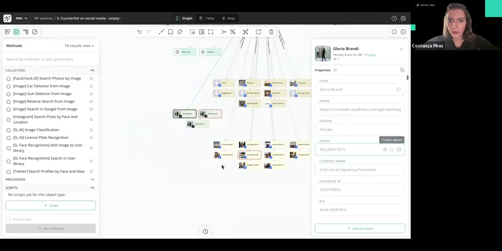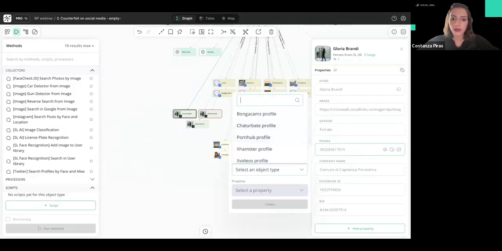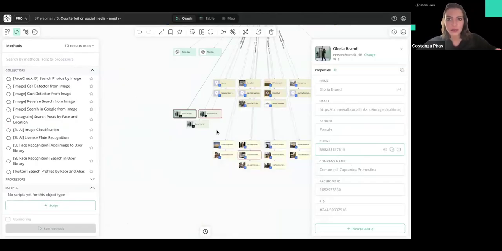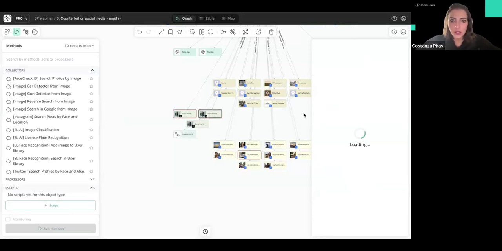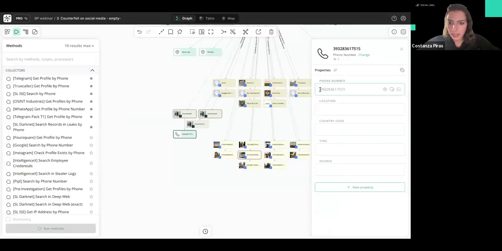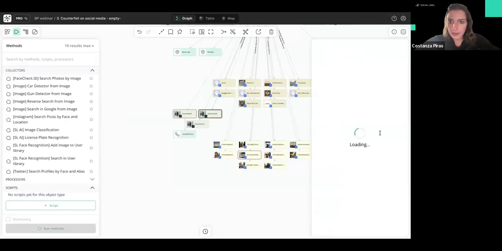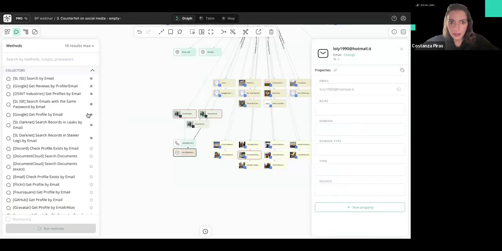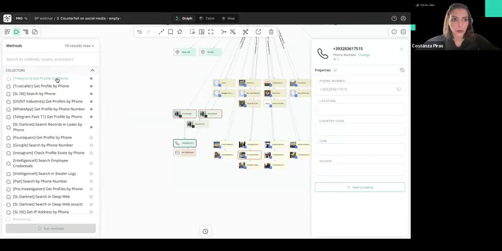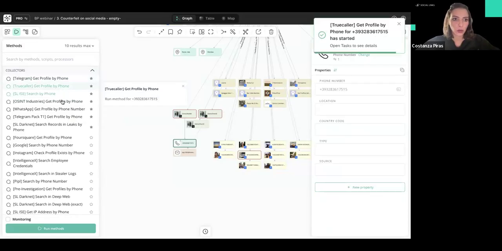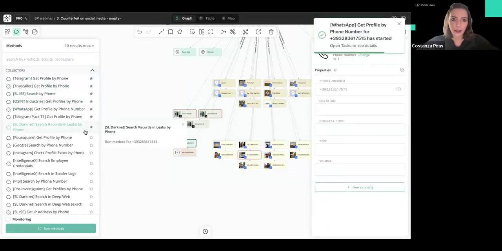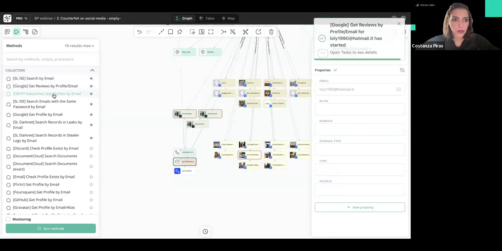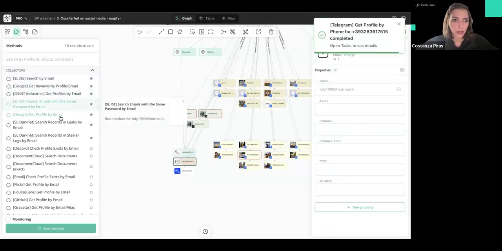Let's take the phone number on the graph and analyze it, and also the email, so that we can see maybe she was registered to some suspicious website, maybe she has some other identities, and so on. So we take the phone, I will insert plus here, and I take the email from here. So in the context of the phone, I look for the platforms in Telegram, Truecaller, ISA, WhatsApp, and Darknet leaks. And with the email, what I do is again, leaks, reviews, OSINT Industries, emails with the same password,